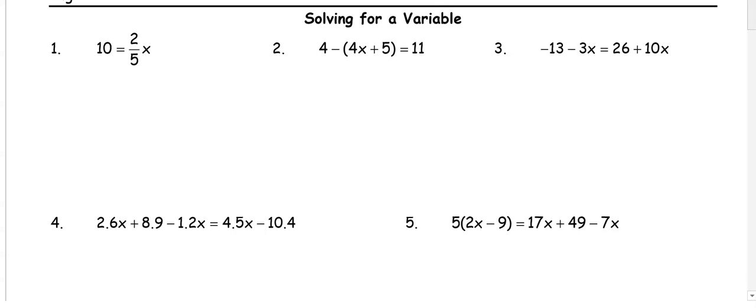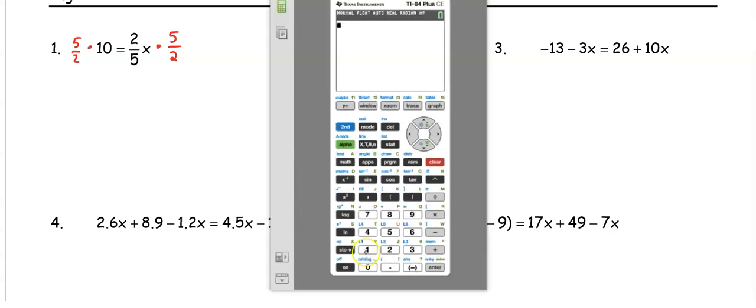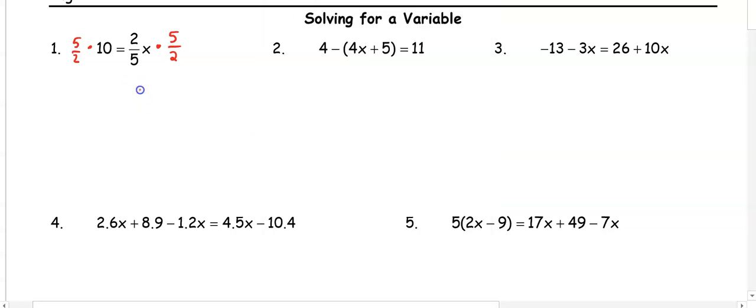This video is a test review for Unit 1 in algebra. So in the first problem, we have 10 equals 2/5 x. So this is a one-step problem to get x by itself. When there is a fraction, we have to multiply by the reciprocal. The reciprocal means that we flip the top and bottom of our fraction. So in our calculator, we would type 10 times 5 divided by 2 in parentheses, so we get x is